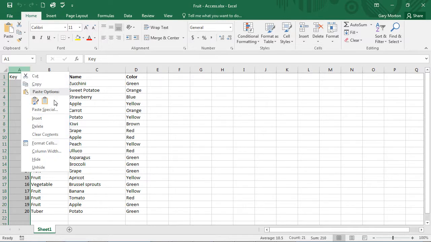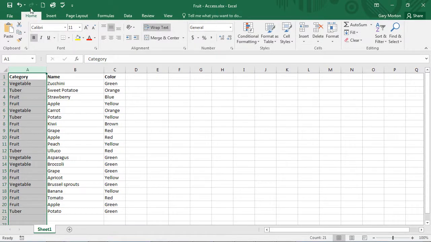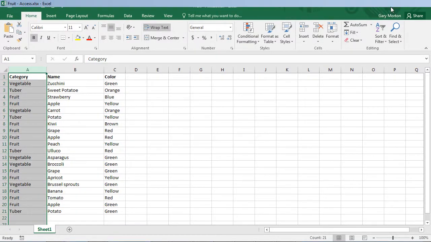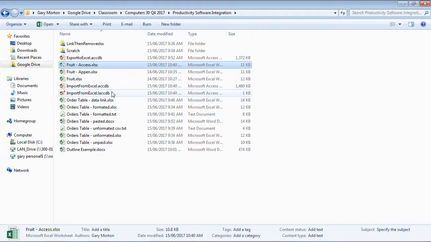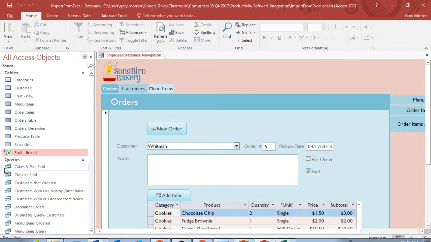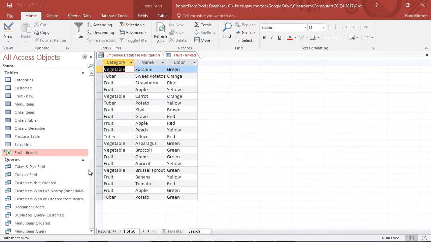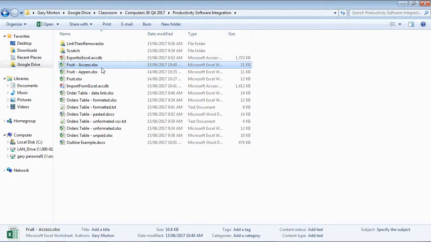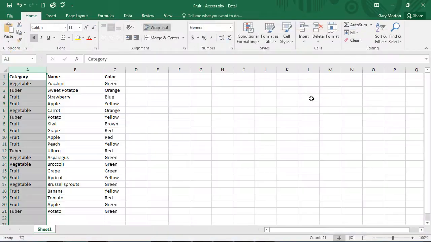Let's just delete that and go back. Try opening it again. Okay, so we can't add columns or it's going to break our link and we just have to redo it. But if we do make changes in the text and stuff,